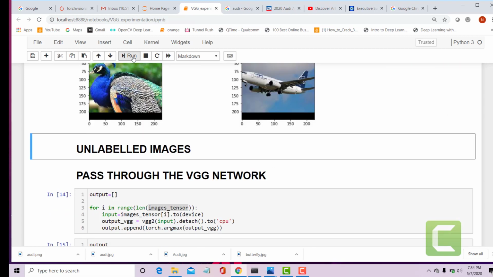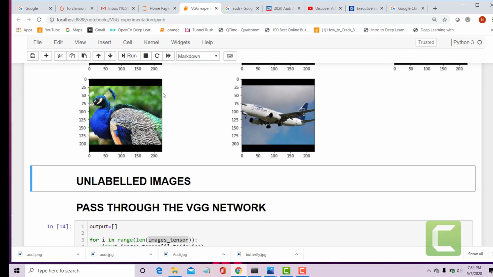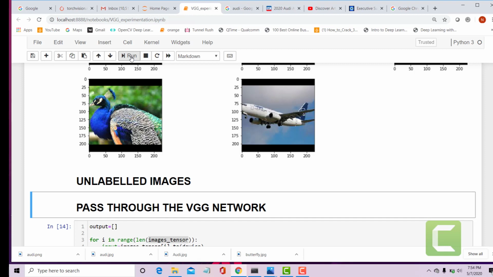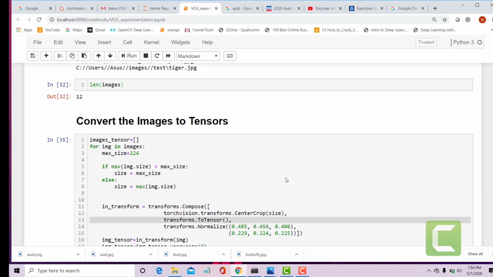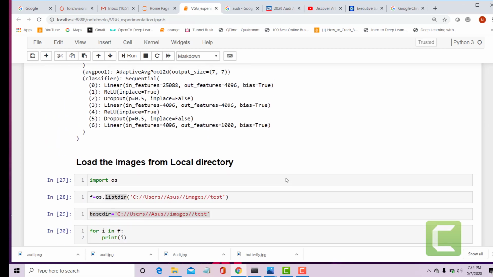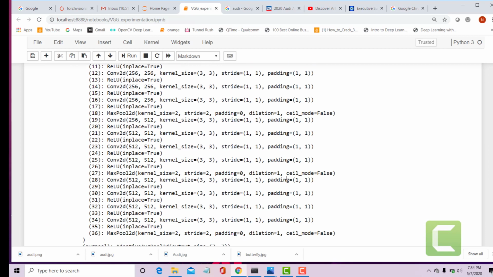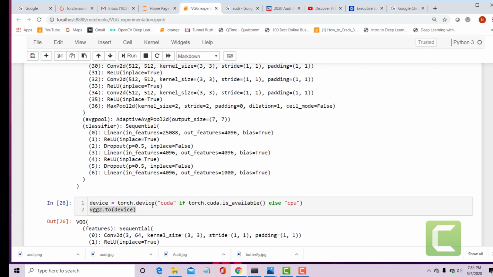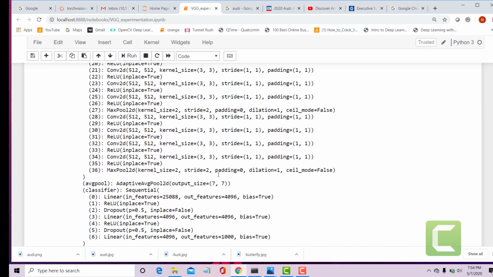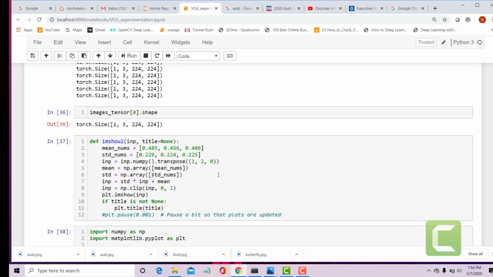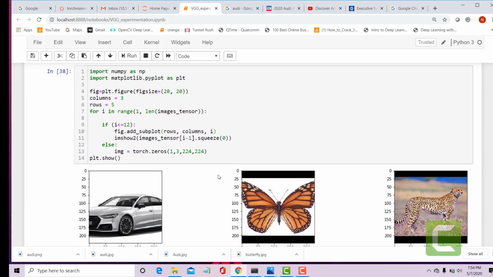Okay, so next thing is to pass these images through the network that I instantiated here, which is VGG2, right? So that's what I instantiated here. Okay, so now I'll just pass these images through that in an array.